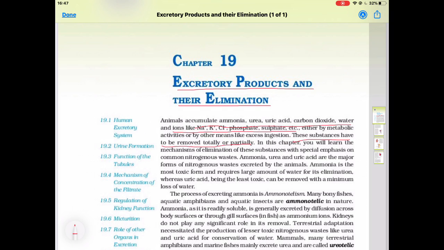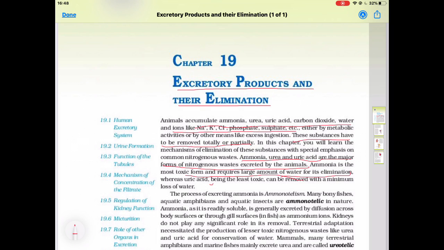In this chapter, you will learn the mechanism of elimination of these substances with special emphasis on common nitrogenous waste. Ammonia, urea, and uric acid are the major forms of nitrogenous waste excreted by the animals. Ammonia is the most toxic form and requires a large amount of water for its elimination, whereas uric acid, being the least toxic, can be removed with minimum